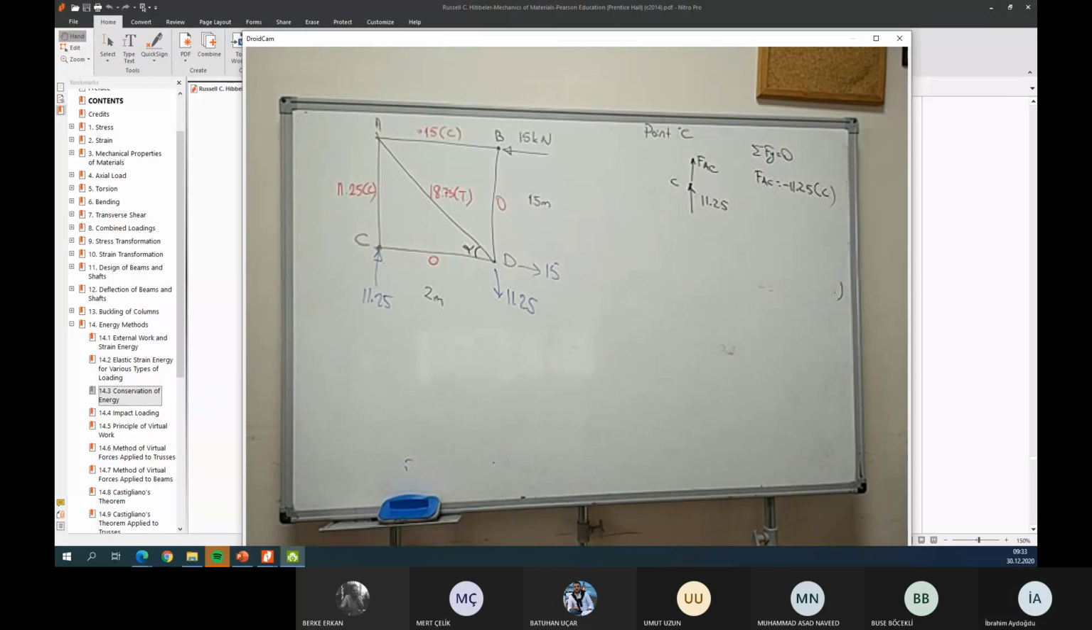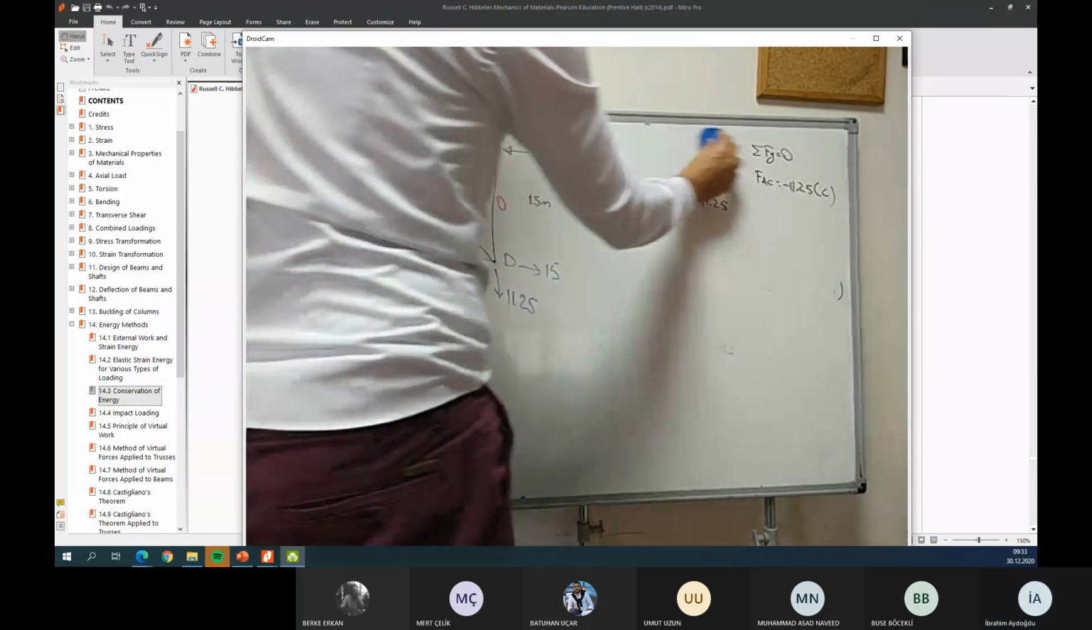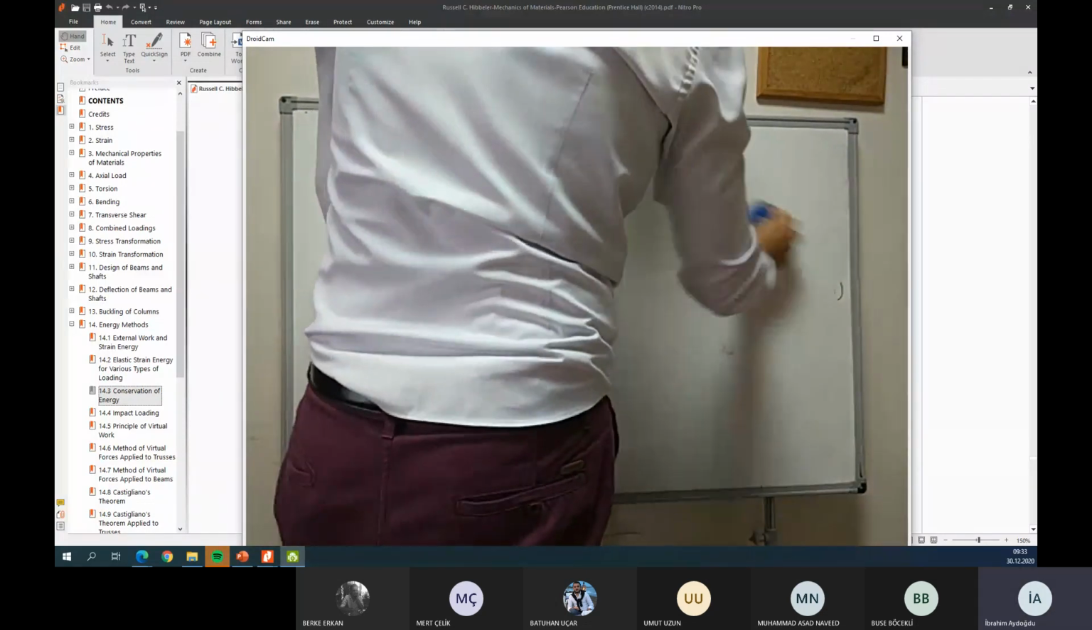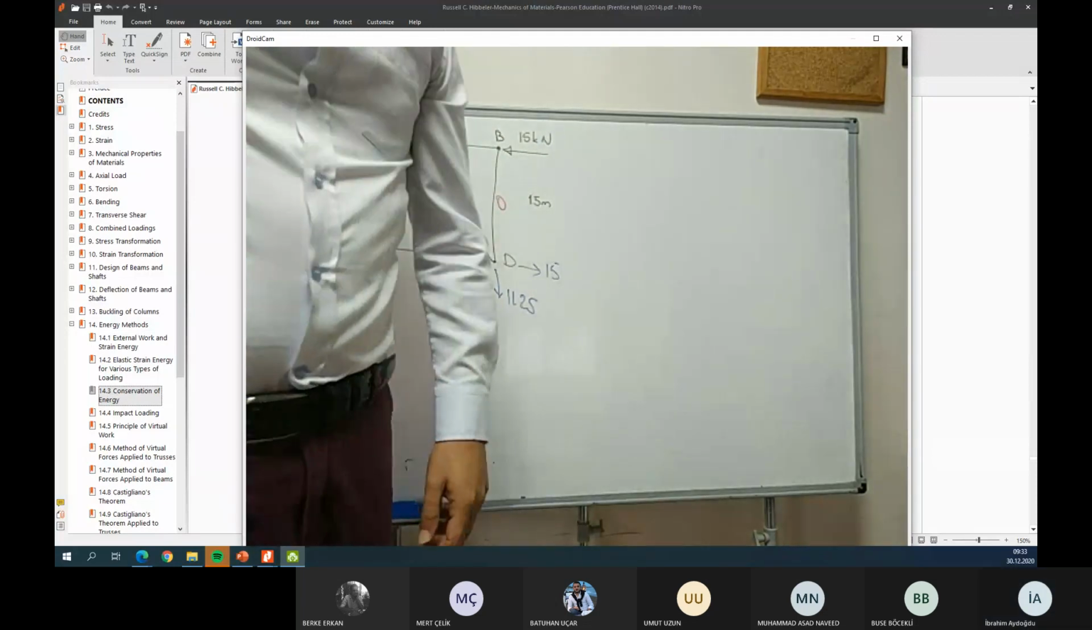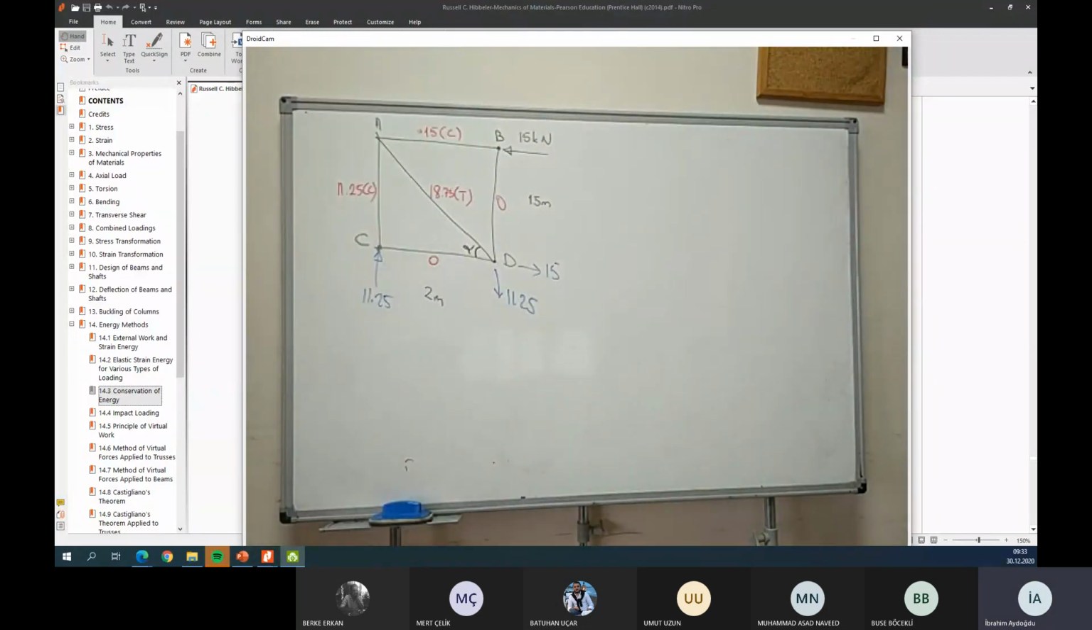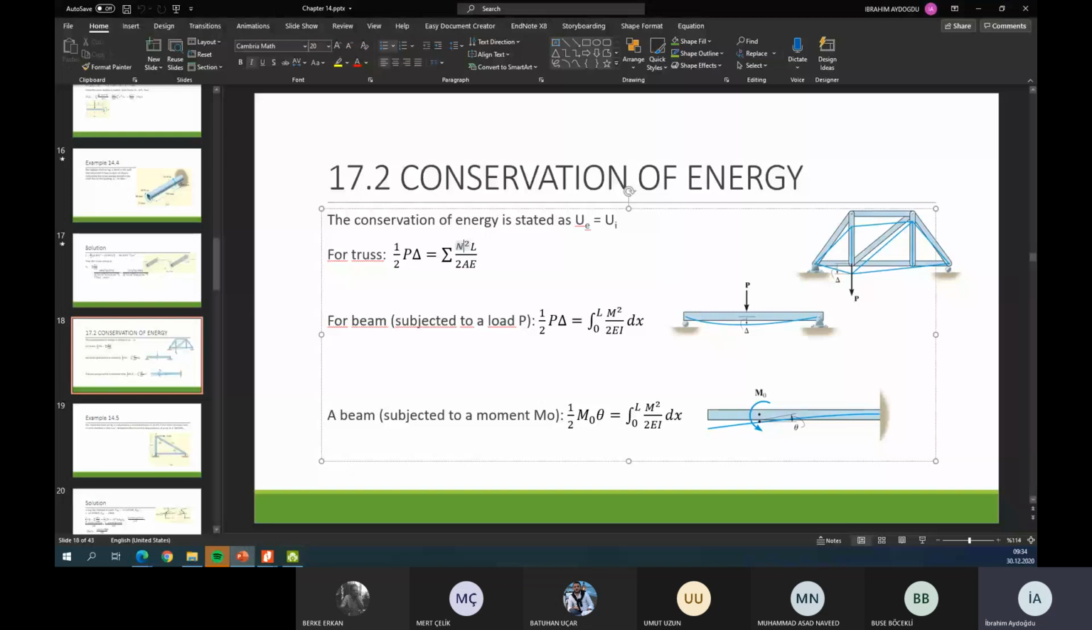Did you remember all the details of the method of joints? I think yes. So I found all the values, so I don't need these details. I can erase them. Now I can pass to our general formulation. I'm looking at my slides. 1 over 2 P delta is equal to